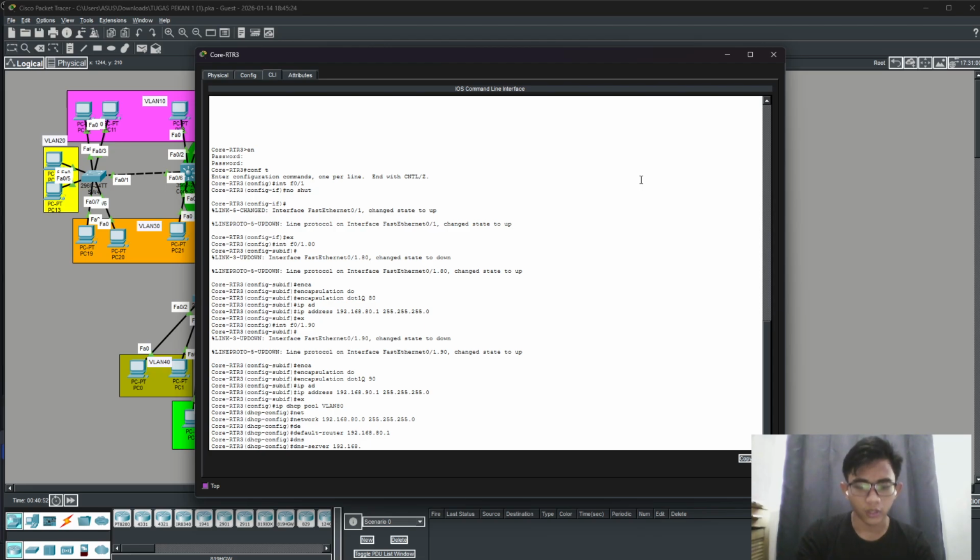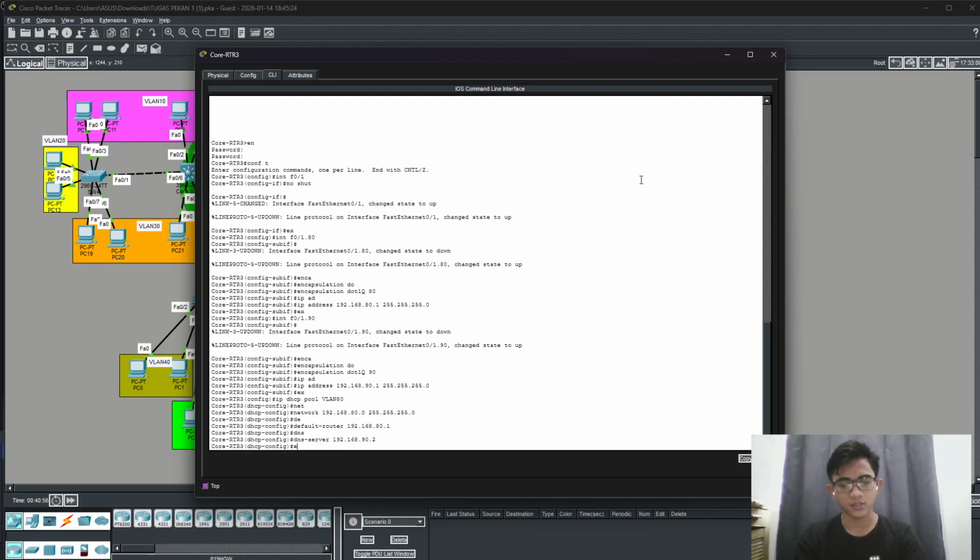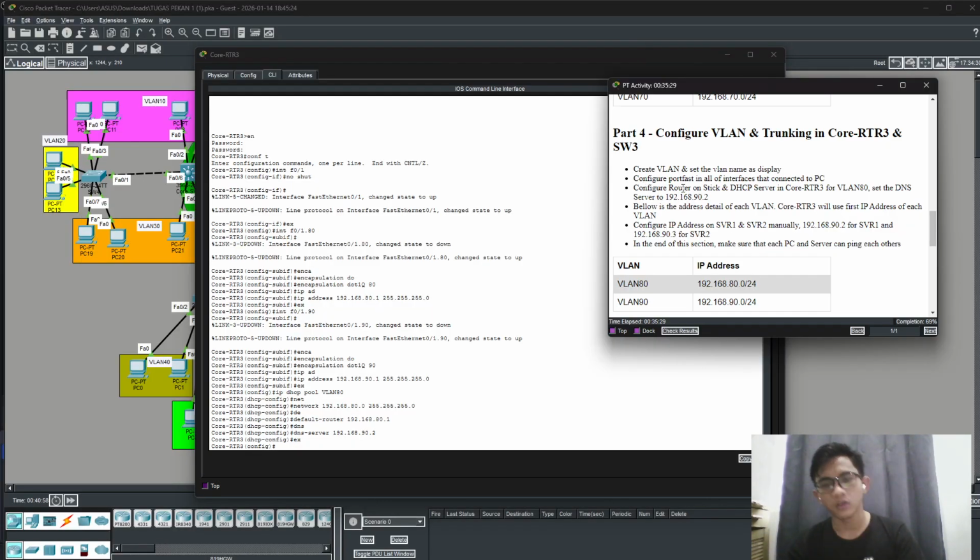I'm sorry, not 80, 90.2. Okay, exit. This is just for VLAN 80, but for VLAN 90 we will make the IP manually, I guess. So okay, finish, and here finish.